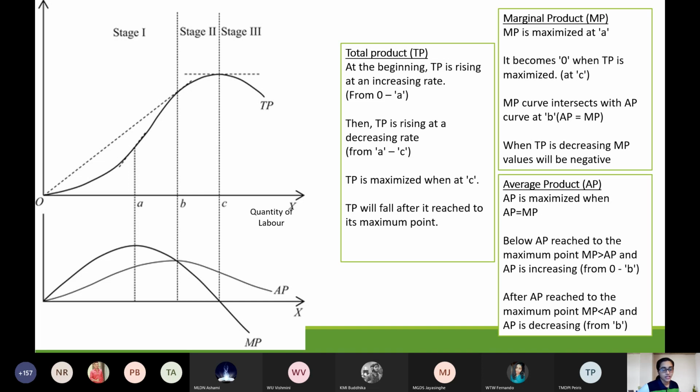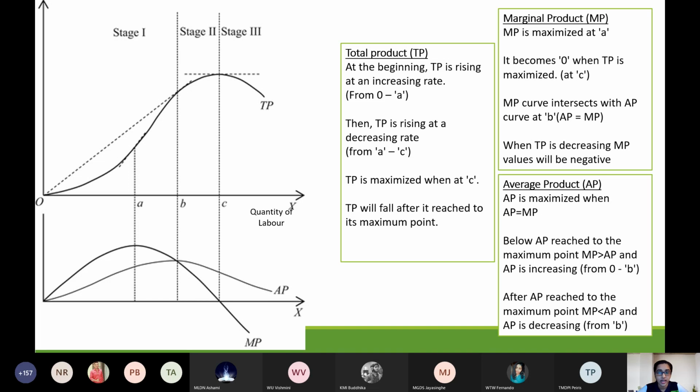As you can see, the very first curve is the total product curve, and here you have the marginal product and the average product. In the very first one, if we take the behavior of total product, there are different stages: first stage, second stage and third stage. In the first stage it is increasing. At the beginning TP is rising at an increasing rate. And then TP is rising at a decreasing rate from A to C. Here, if you can see,